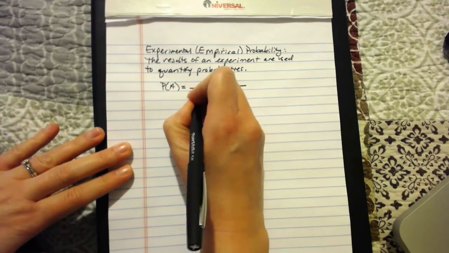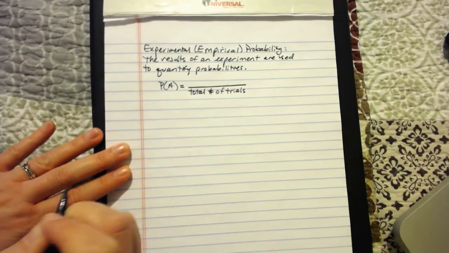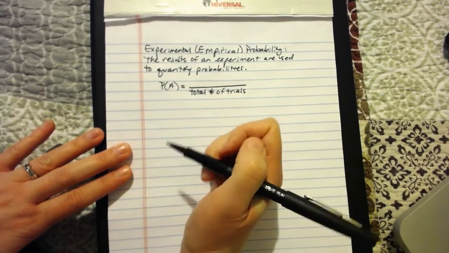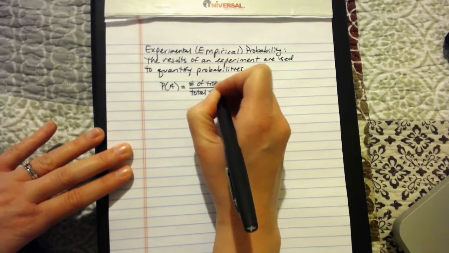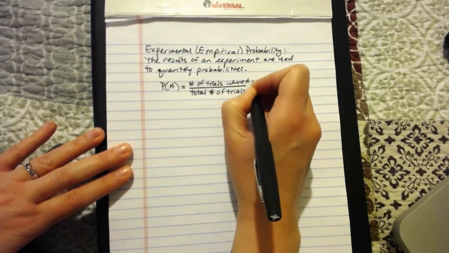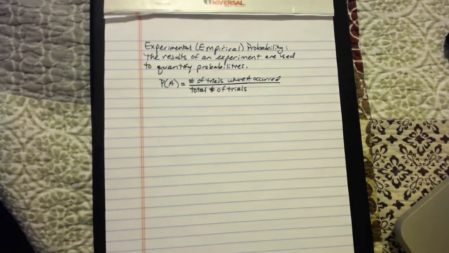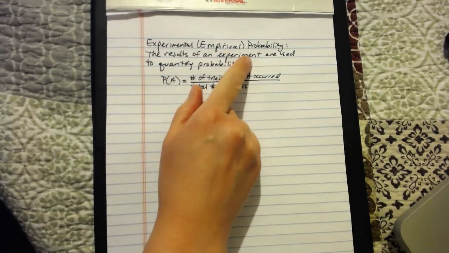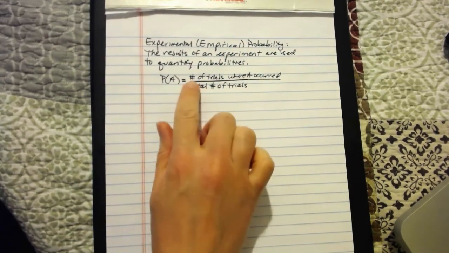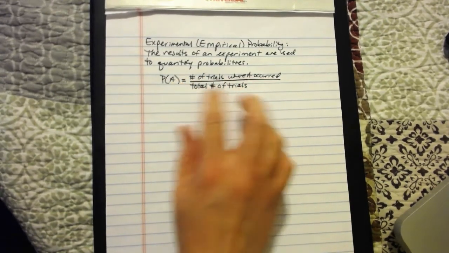And out of the total number of trials that we did of the experiment, the way to calculate the probability of an event occurring is to take the number of trials where A occurred and divide by the total number of trials. And that's how we come up with experimental or empirical probability. We actually have to do some kind of an experiment, and then on the basis of that experiment, we take the number of trials where the event that we were interested in actually occurred,